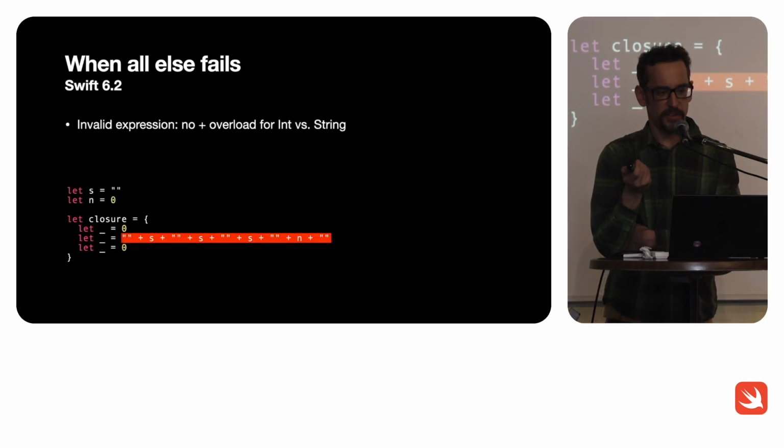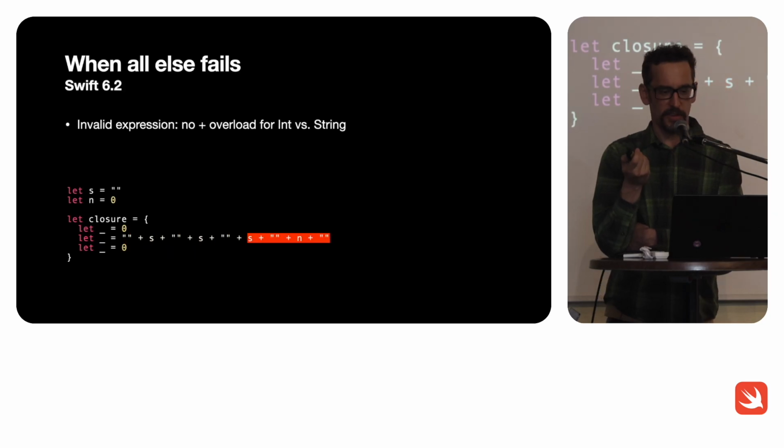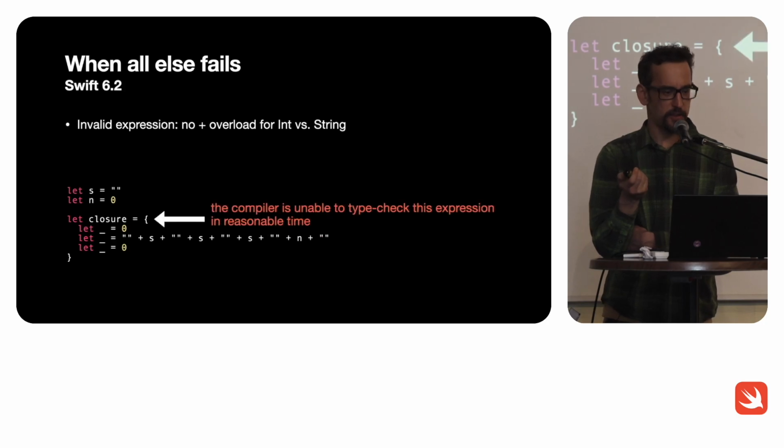The reason it's invalid is because there's no overload of plus for ints and strings. It's unfortunate, this is not the end state that we want to be in, but it does end up being too complex. And in Swift 6.2, we get a too complex error and it points at the first line